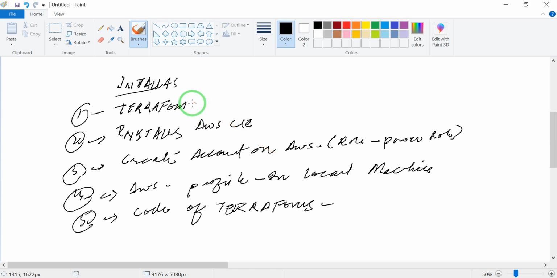And for Terraform, you have to set the environment variable on your machine, once you install Terraform, which I have shown in my video as well.